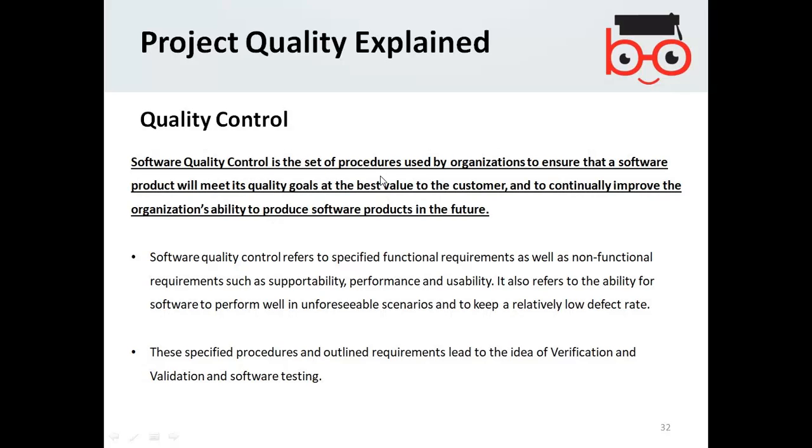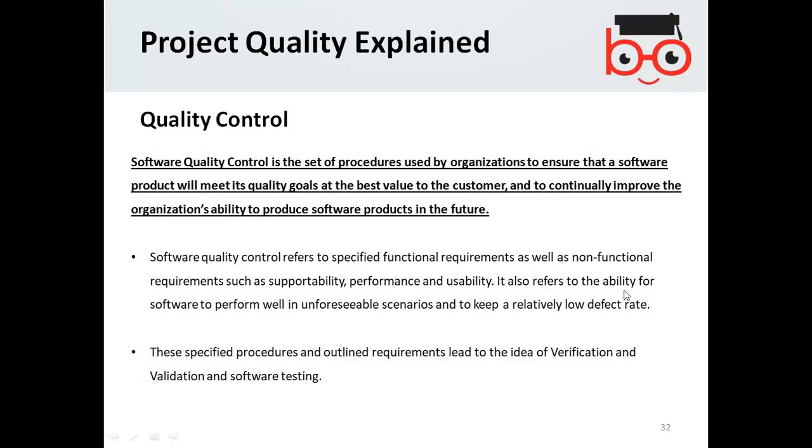Quality control is the set of procedures used by organizations to ensure that a software product will meet its quality goals at the best value to the customer, and to continually improve the organization's ability to produce software products in future. Software quality control refers to the specified functional requirements as well as non-functional requirements such as supportability, performance, and usability.